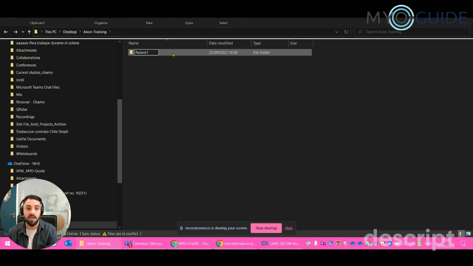You might have a local identifier, or you might have renamed all the folders with any type of code. So use something that helps you to keep track, because we are receiving pseudonymized information, but we might want to in the future come back and find a specific patient, and this ID is the one that you are going to use to find it.